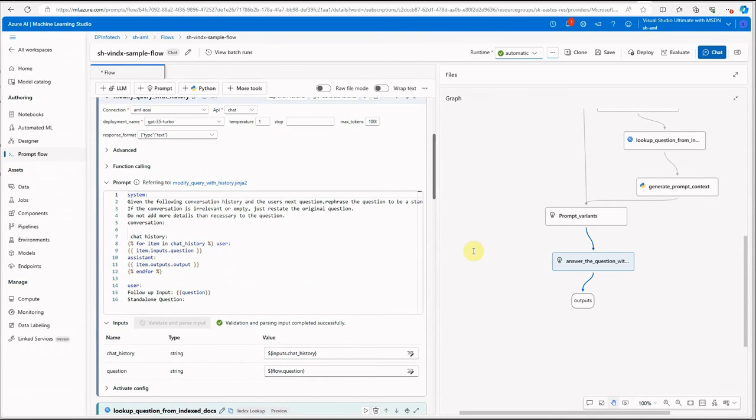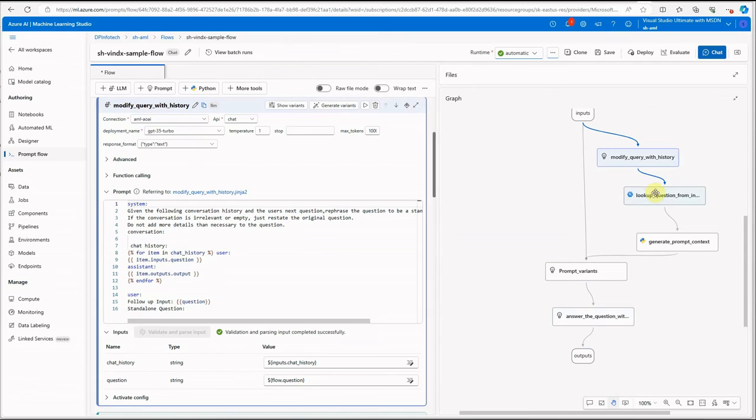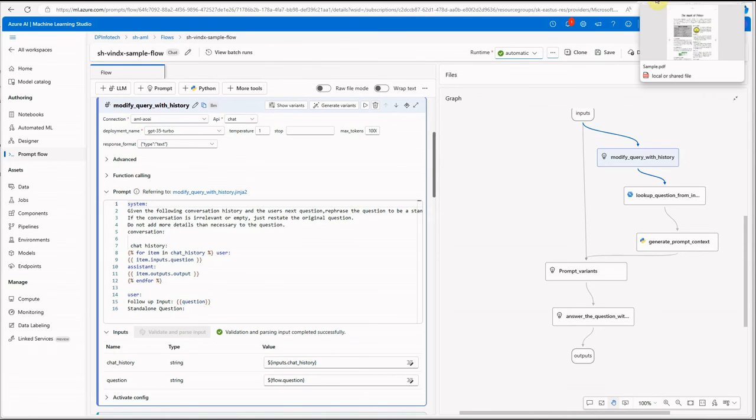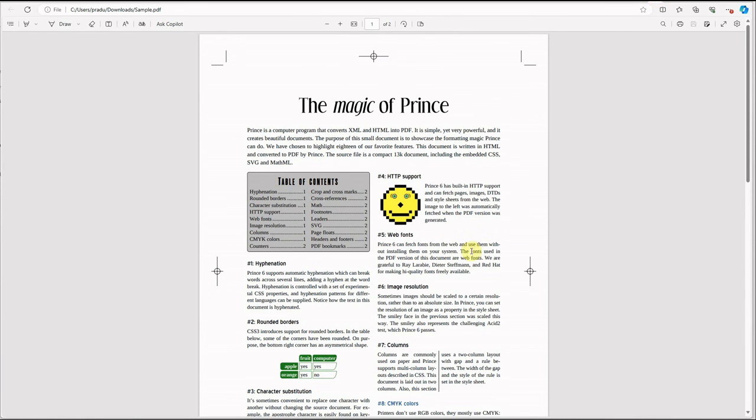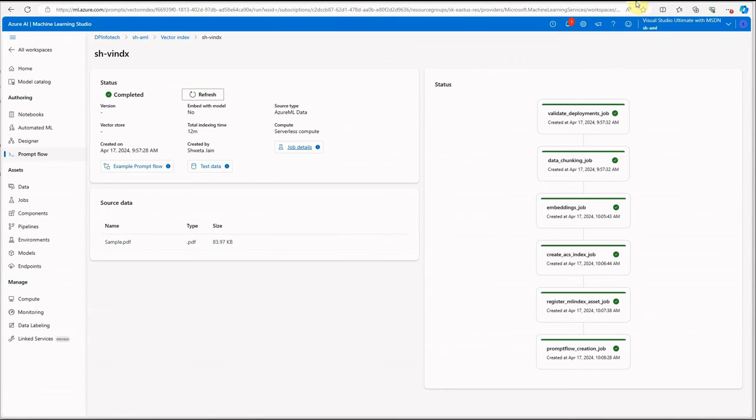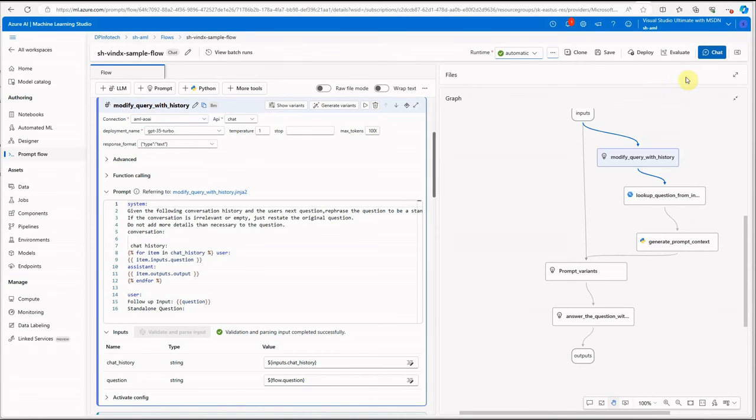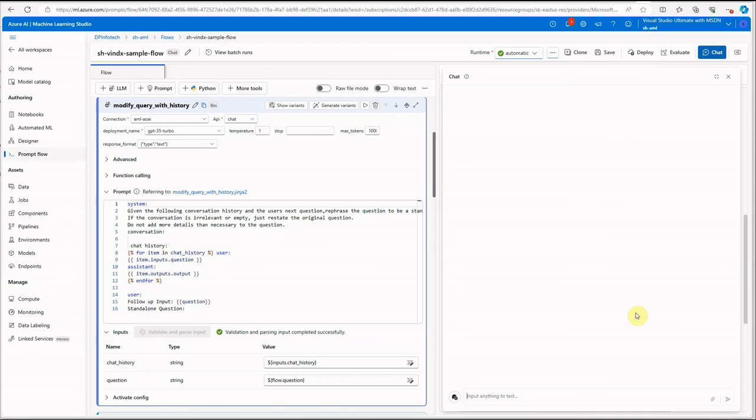And if you want to know what all these individual nodes are doing, then you can just click on this. On the left hand side, you will get those nodes and you can have a look. Let me save it. Meanwhile, I will quickly have a look at my PDF so that we can ask some questions. Okay. So let's close this and I will click on chat. And here I will ask